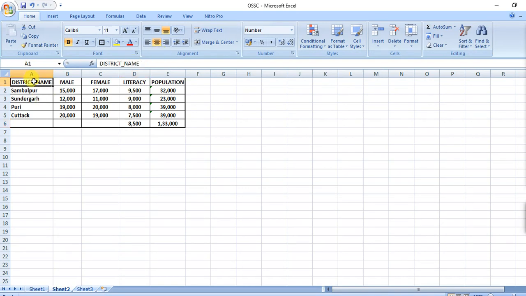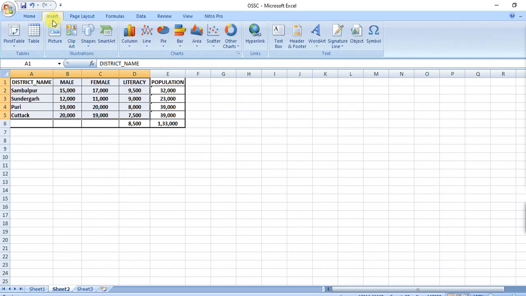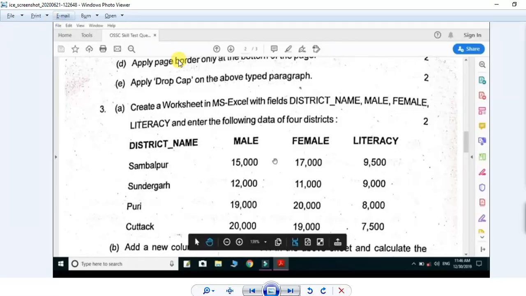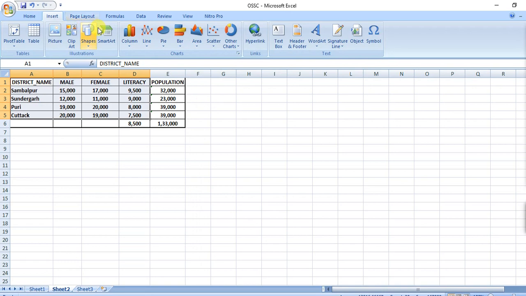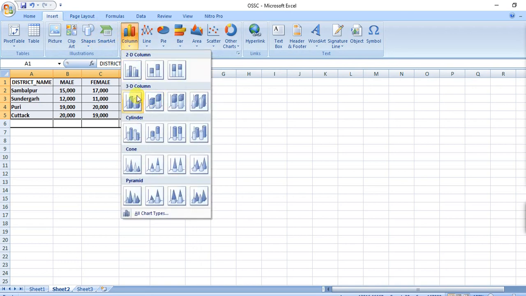So another thing, you might face a problem, so I am just showing you. From here to here, if I insert which type of chart? Insert a 2D clustered column. Okay, 2D column, clustered column.